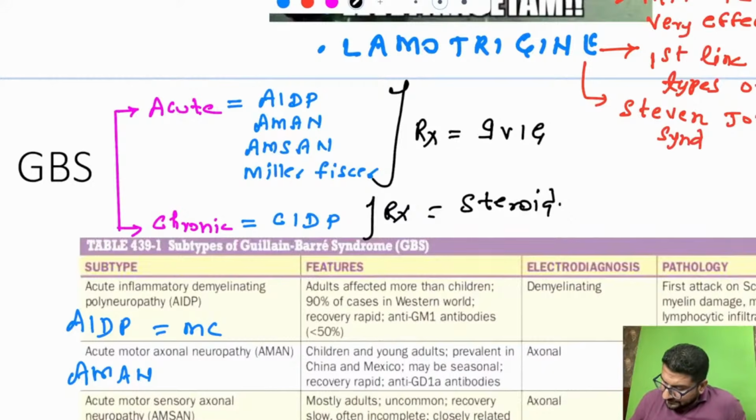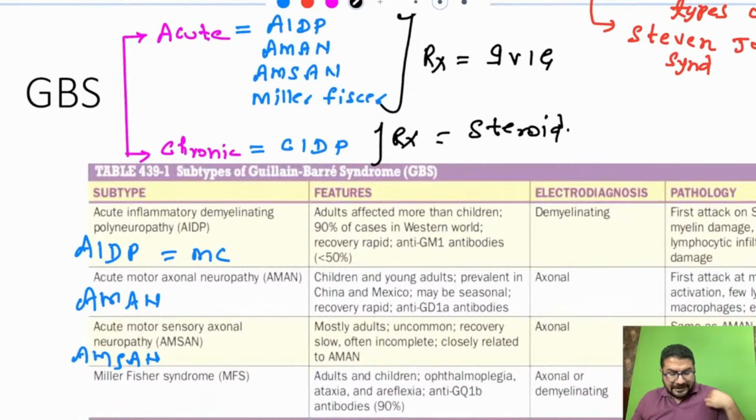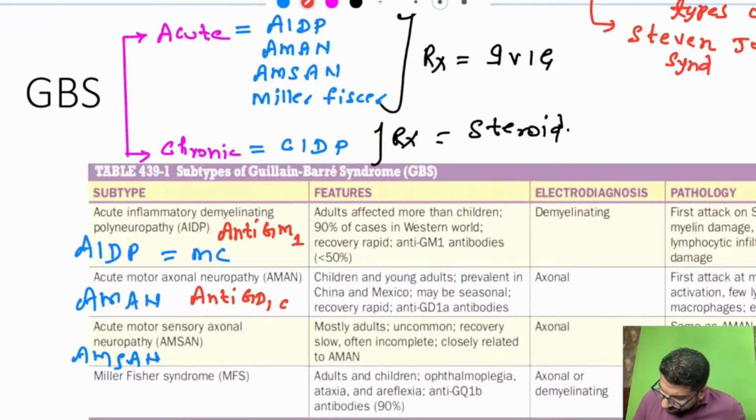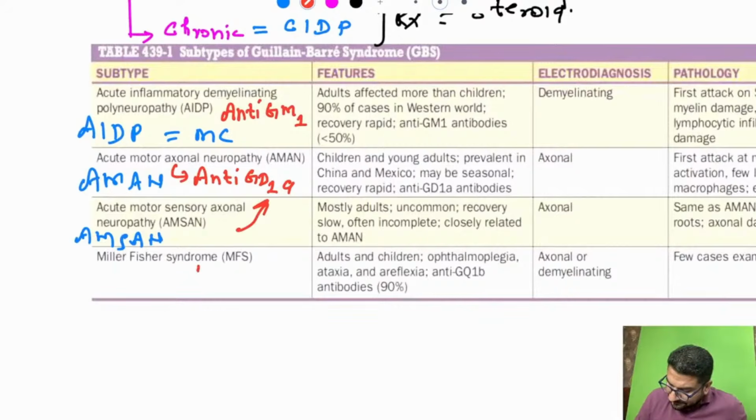Now what type of question they ask you in exam, understand this thing. They ask you like these types will have some antibodies. So just understand this thing. In AIDP, which is the most common type, you will see an antibody. This antibody is called anti-GM1. In AMAN you will see an antibody. This antibody is called anti-GD1a. And the same antibody you will see here also. In AMAN and AMSAN you will see GD1a. In Miller-Fisher, this is like a rare type. Here you will see an antibody called